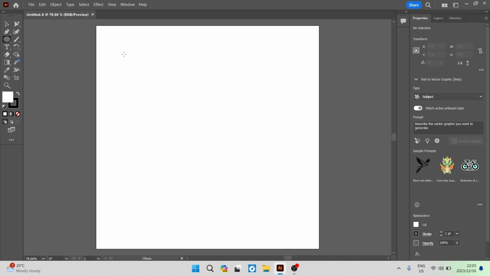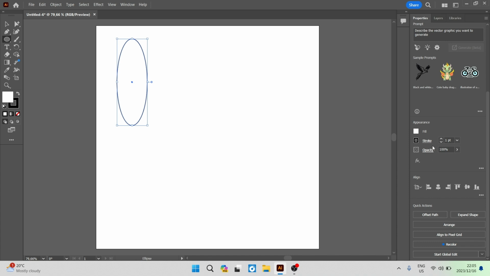Now this allows you to make different shapes. So for example, you can make a shape like so. And what we can now do with the shape on the right hand side is you now have the properties of this shape. So we're going to go all the way down to the bottom, and there is appearance. Now under appearance, you can either have a fill, a stroke, or an opacity change. So what we're going to do is go into fill, and we are going to make it